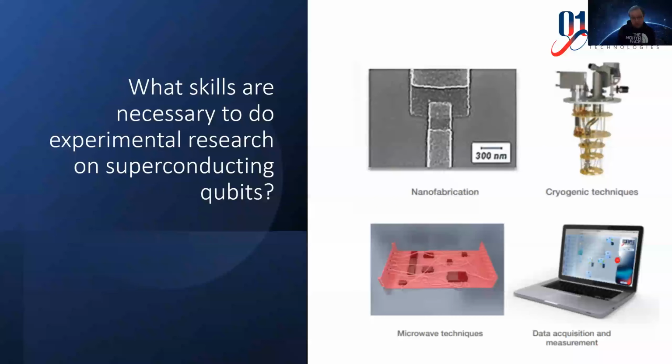Of course, other metals can be deposited, for example, niobium, but aluminum is mostly used for superconducting qubits because it's cheap and easy to evaporate, and it has very good qualities for superconducting qubits. After liftoff, the pattern is created, and we can start doing the next process, which is using microwave techniques and putting the chip in the dilution fridge and using various cryogenic techniques in order to do measurements and get the data.